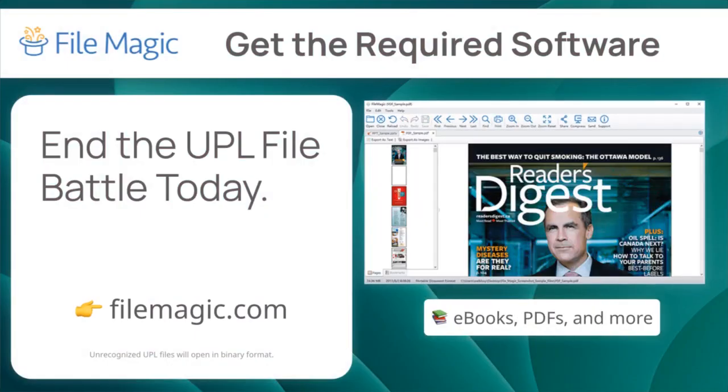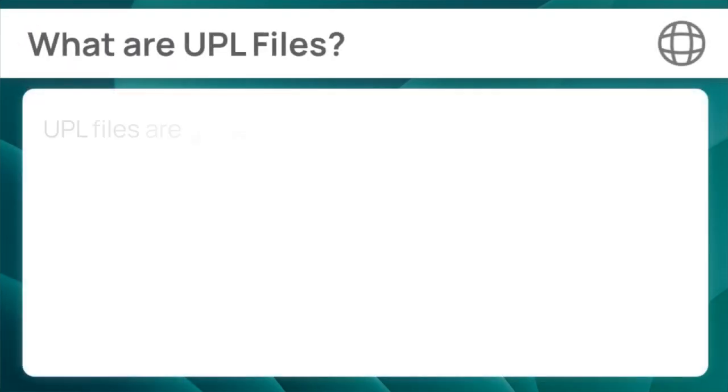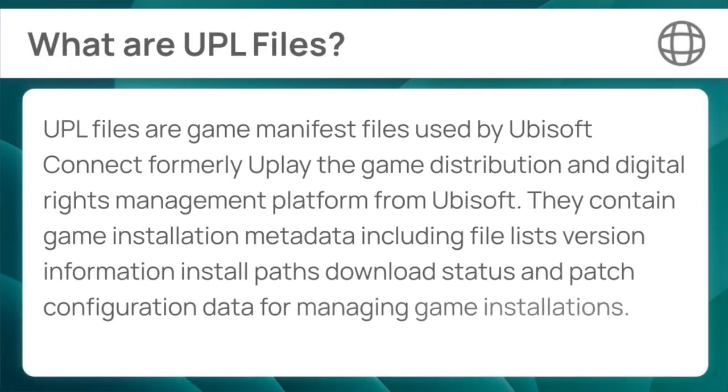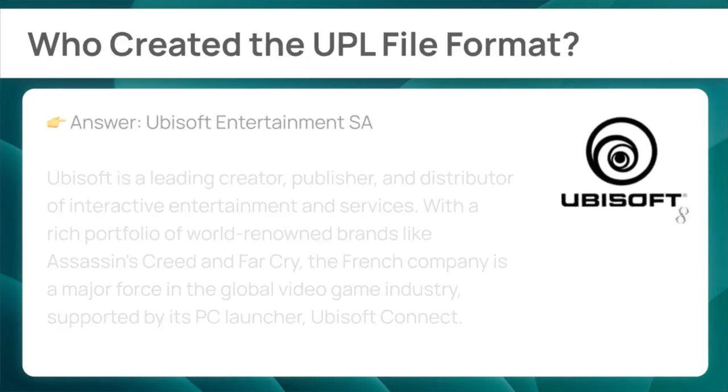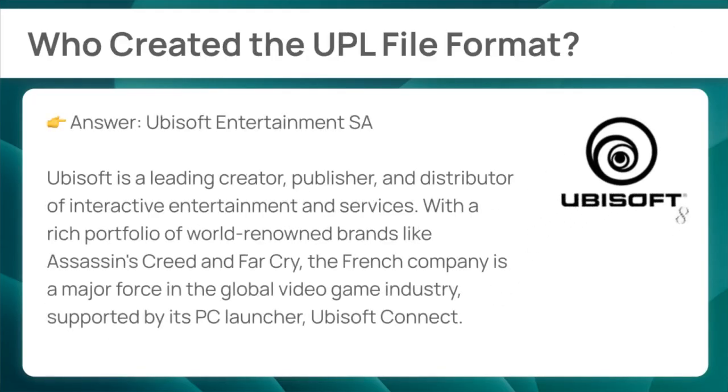UPL files are game manifest files used by Ubisoft Connect, formerly Uplay, the game distribution and digital rights management platform from Ubisoft. They contain game installation metadata, including file lists, version information, install paths, download status, and patch configuration data for managing